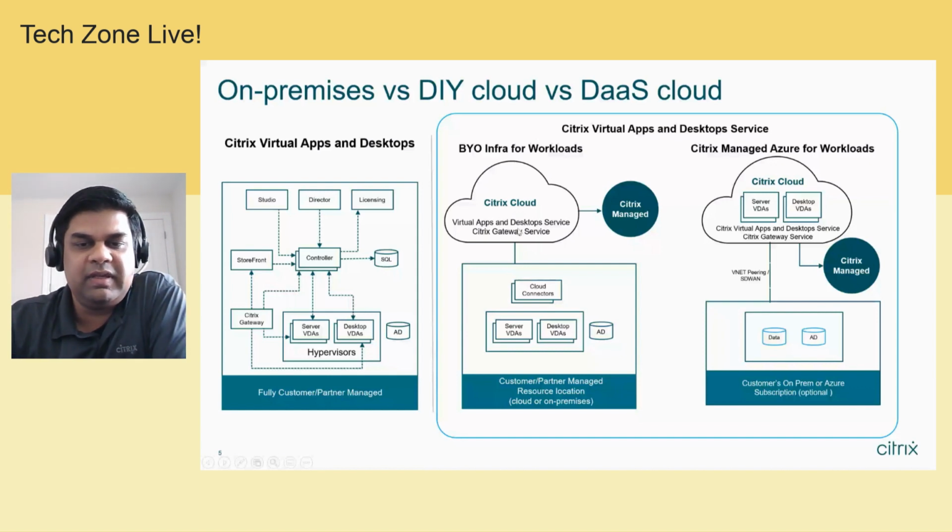And we also made it easy for you to migrate to this model because your existing workloads could continue to run in your data centers on your existing on-prem hypervisors or in your own public cloud. We added support not only for Azure, we added support for AWS and GCP. So we gave you flexibility. The thing at the bottom, we call a resource location. You could have multiple of these connect to the same management plane. They could be in different geographical locations around the world.